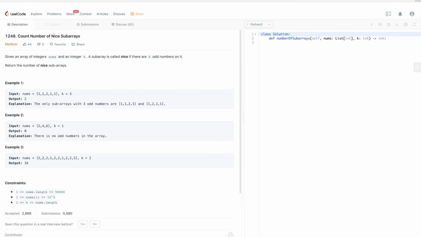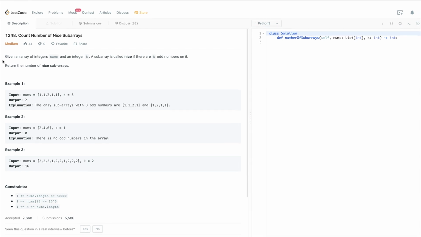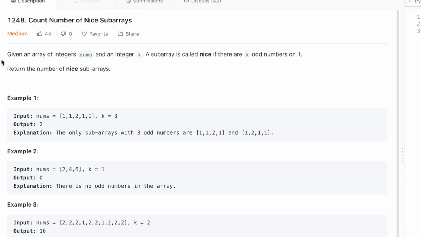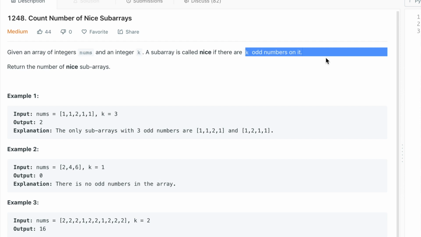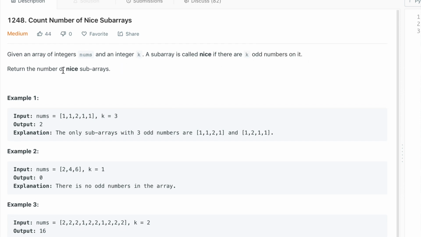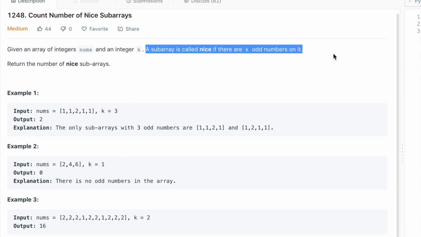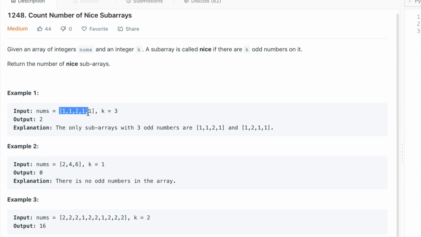Today we are doing the weekly contest of LeetCode, weekly contest 161, and one of the problems is this medium problem called Count Number of Nice Subarrays. The problem says that we get an array of integers, nums, and an integer k. We call a subarray nice if there are k odd numbers in it, and we want to return the number of nice subarrays using this definition. So for example, here with this array, k equal to 3, a subarray is nice